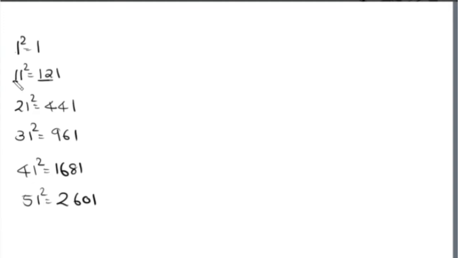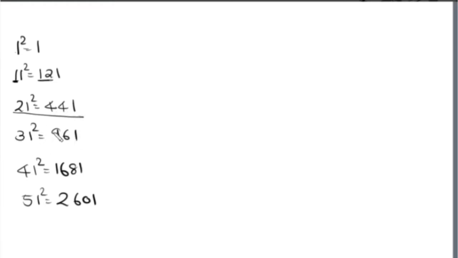What does double mean? Into 2. So 1 into 2, your answer will be 2. 1 square, your answer will be 1. So it is 121. Then let's see what about 21 square. Since it is ending in 1, the last digit is 1. Now you can forget this one. So 2, double of 2 is 4. The square of 2 is 4. So 441.